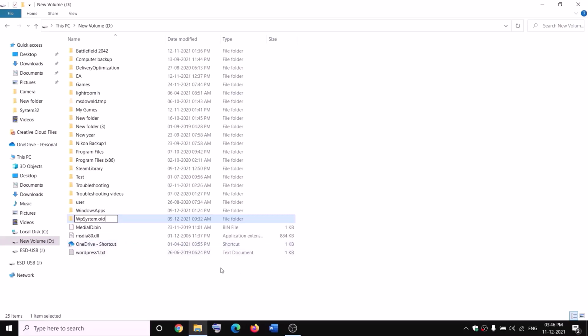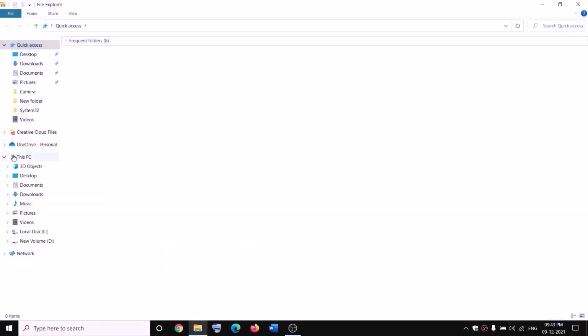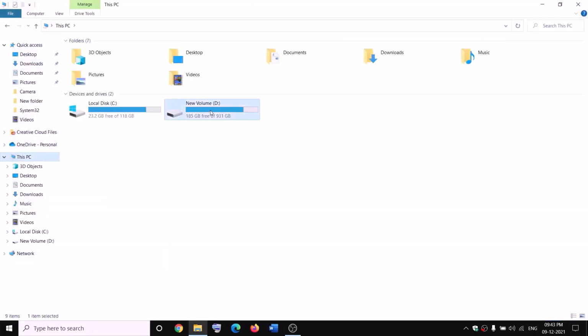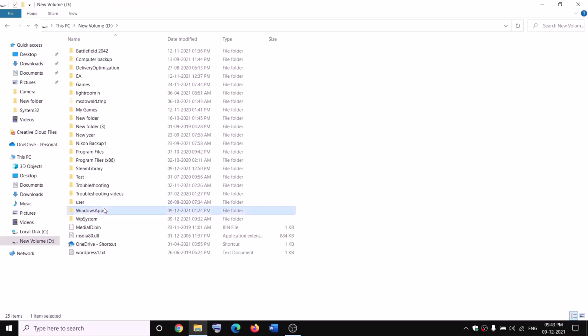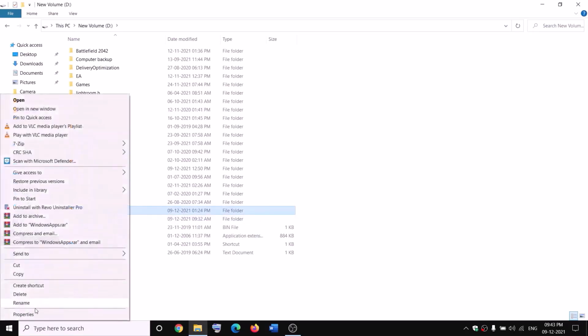Now if you still face the problem, in that case you can go ahead and restart your computer and then try to rename it once again. Open File Explorer and then go to This PC, open D drive, then make a right click on WindowsApps and then rename it. Now before you rename, you have to take the ownership. Make a right click, then click on